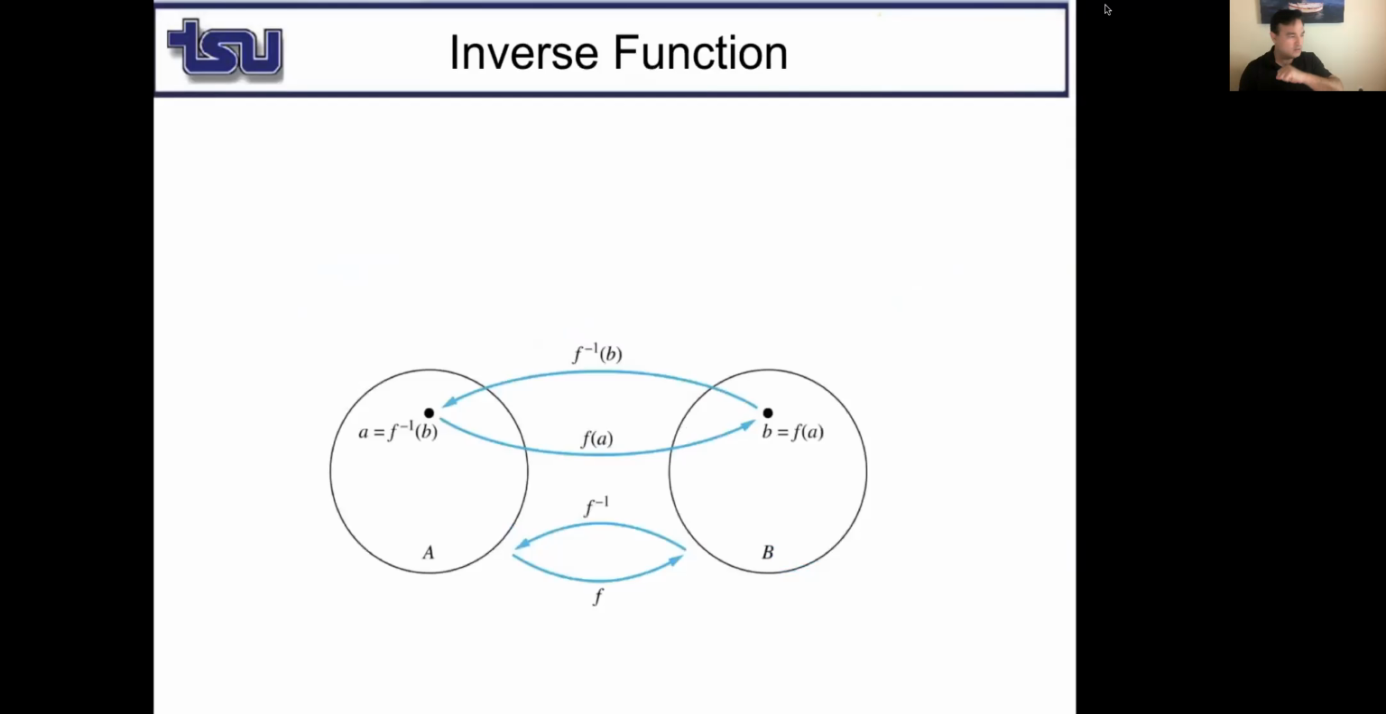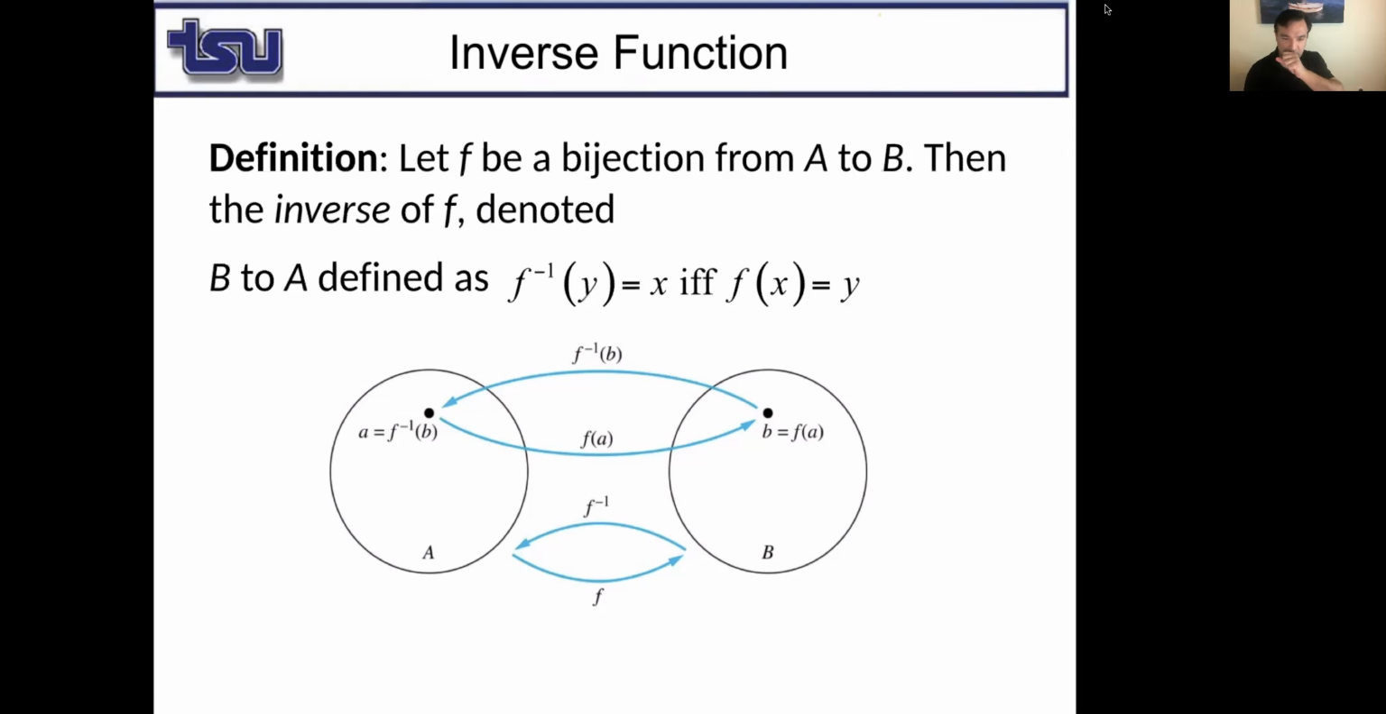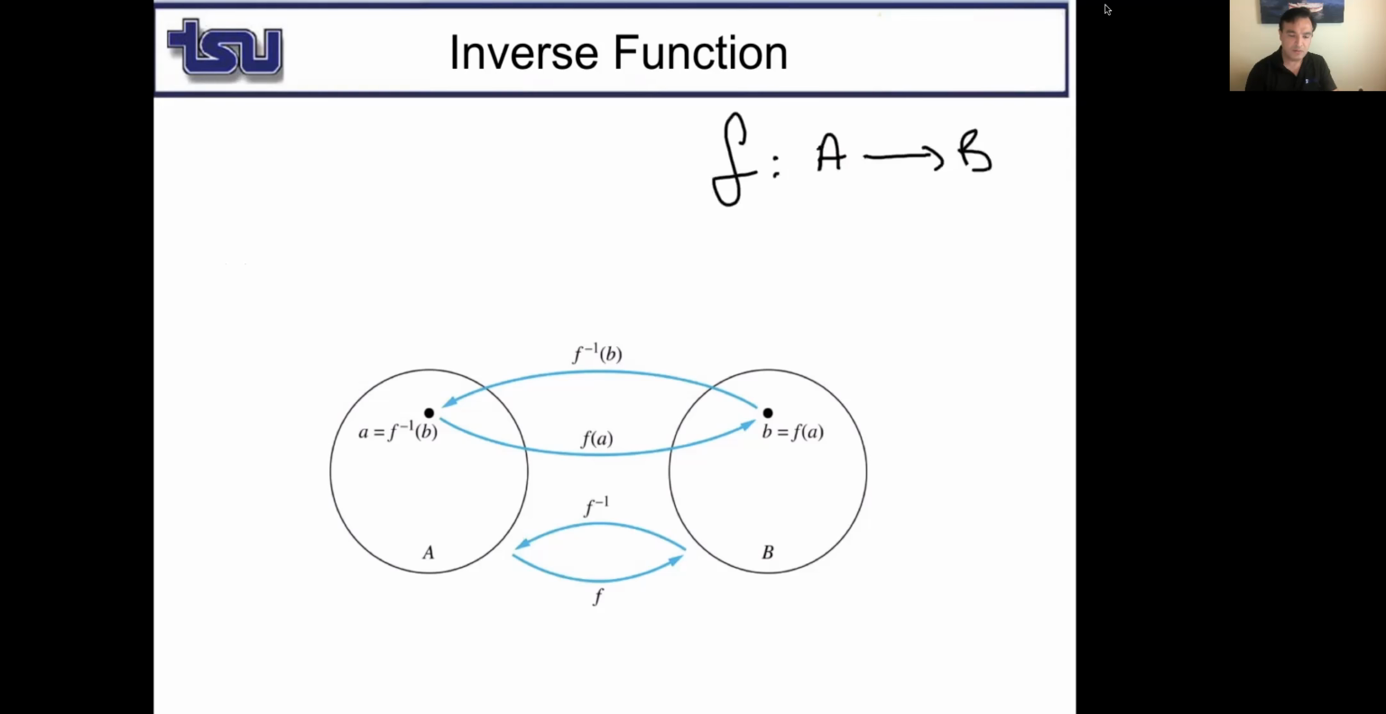So inverse function. This is a very important concept. So now we have a function f from A to B, okay? But this function must be bijective. In other words, it must be onto and one-to-one. I'll tell you why, okay? And the inverse function is from B to